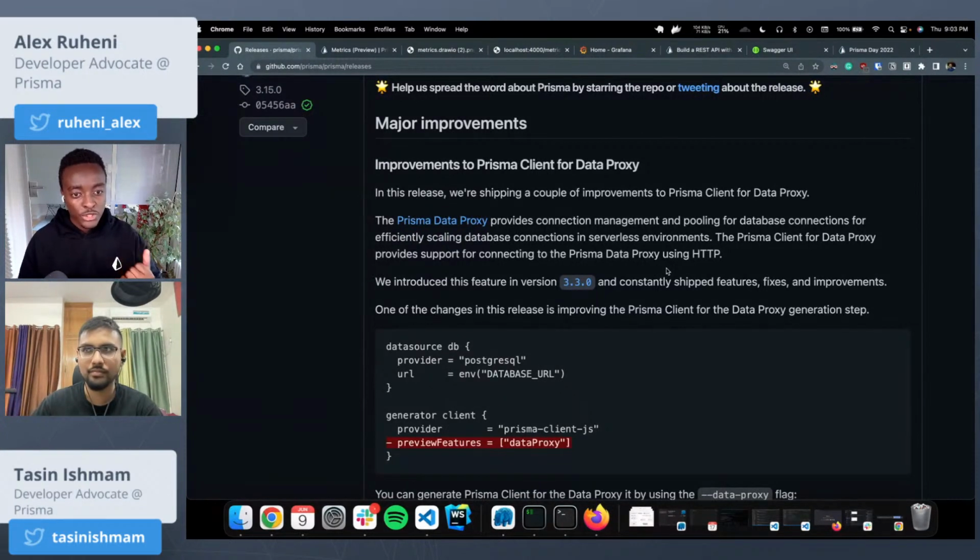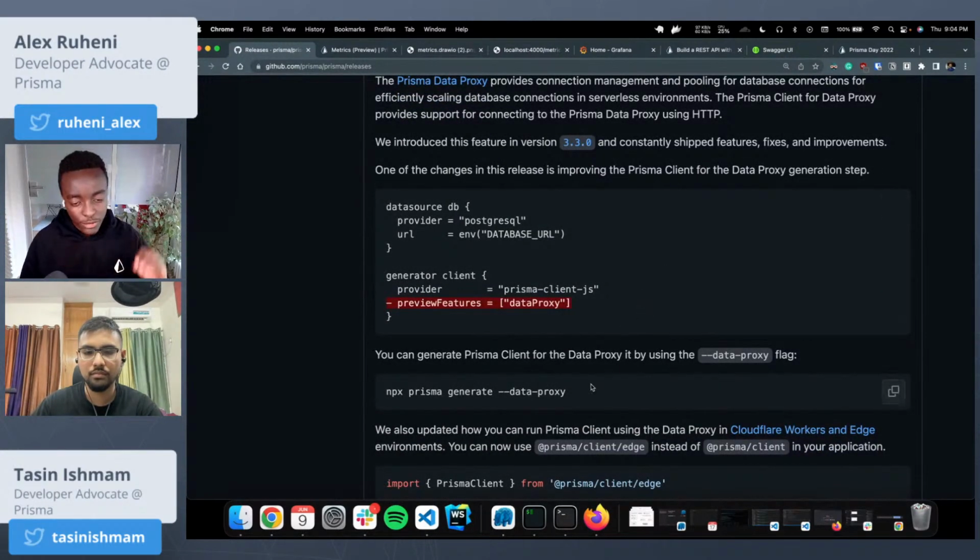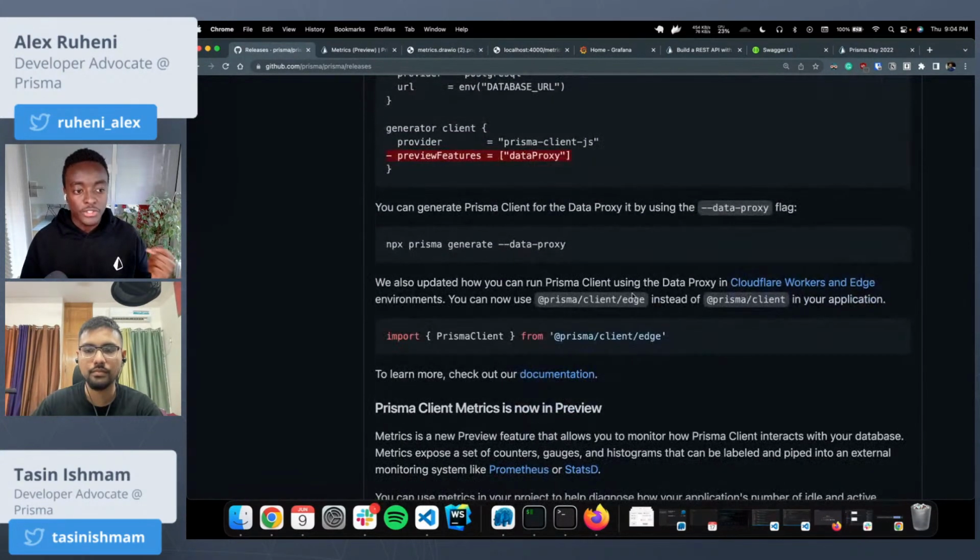So if you've used the data proxy before with Prisma Client, you've probably used some weird workarounds, especially when generating the Prisma Client. So in this release, you don't have to specify the preview feature flag in your schema. And when you're generating Prisma Client that's specific for the data proxy, all you'd have to do is add the data proxy flag at the end of the command. And if you happen to be running Prisma Client in a Cloudflare worker or Edge environment,